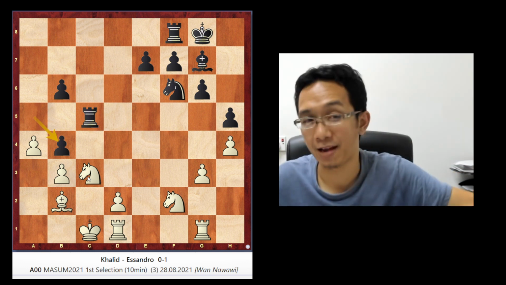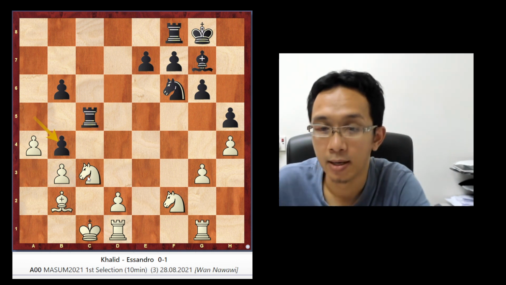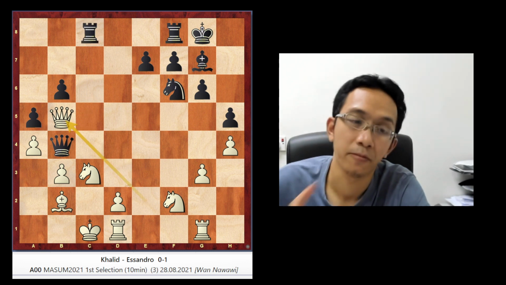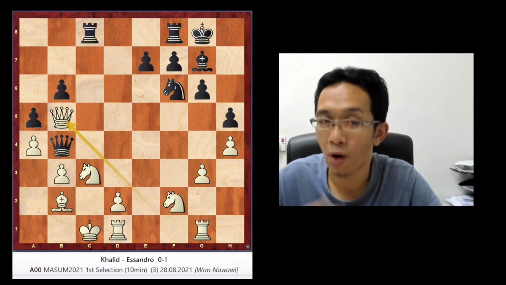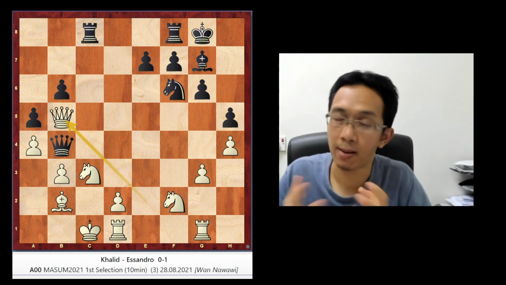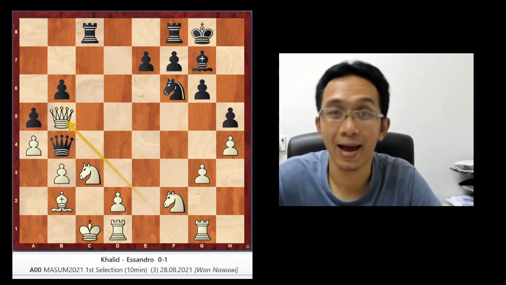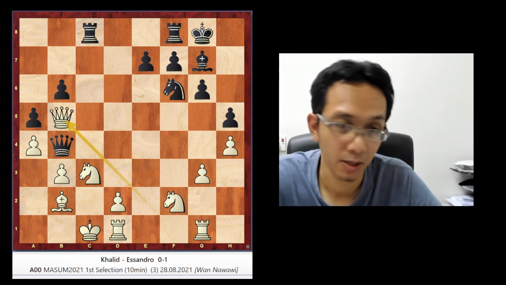Because black gave the knight for free, and now you get back the knight. So that's the mistake for white, because you go there thinking that black will take the queen. Remember, when you play some move, your opponent is not obliged to capture. Maybe he or she will capture, maybe not.